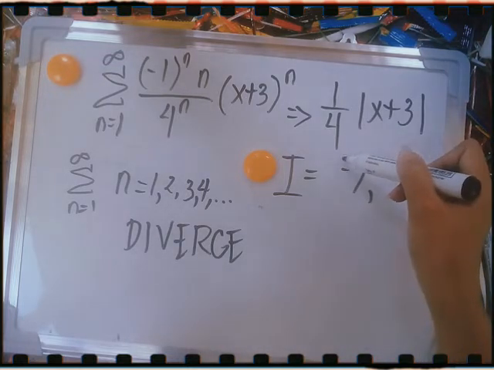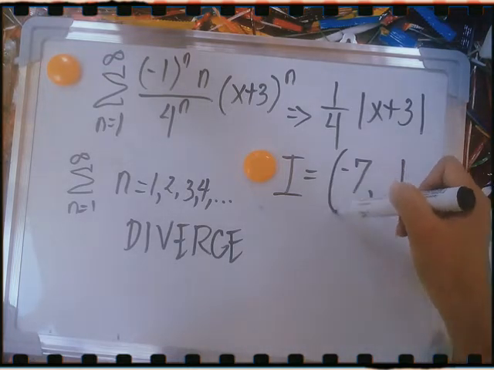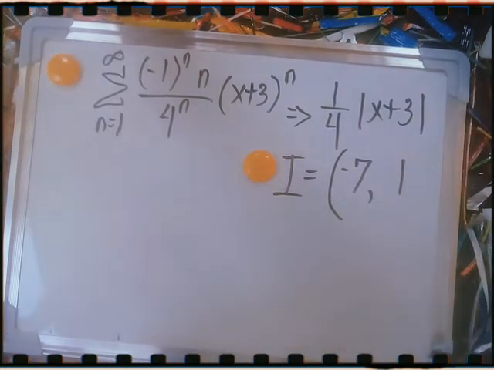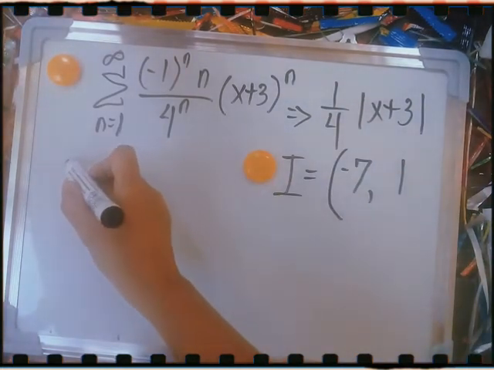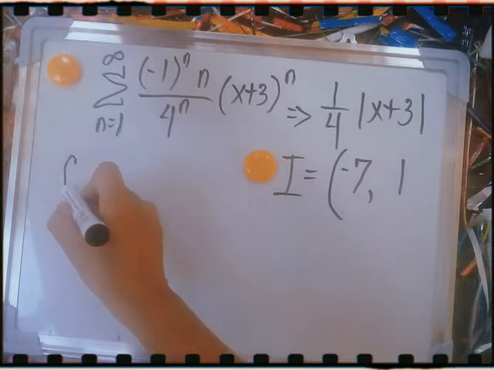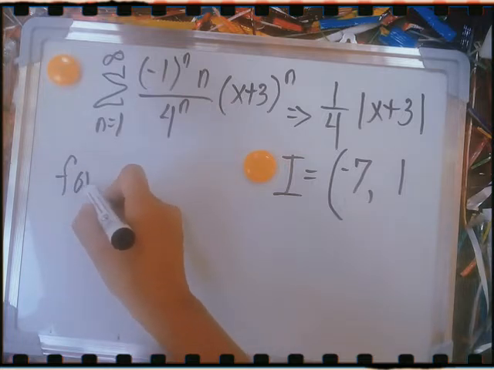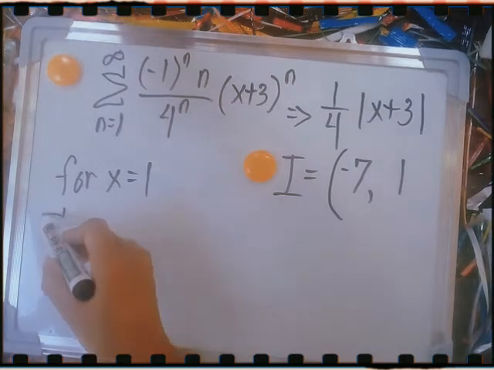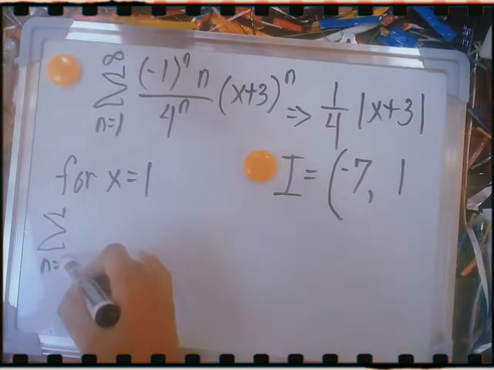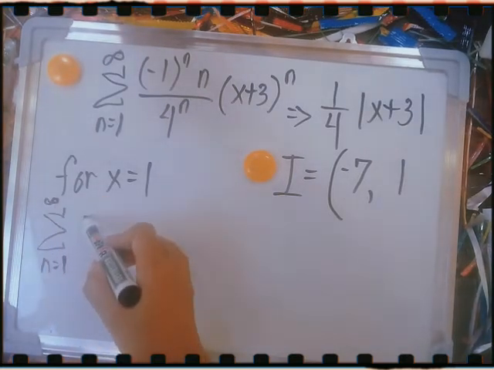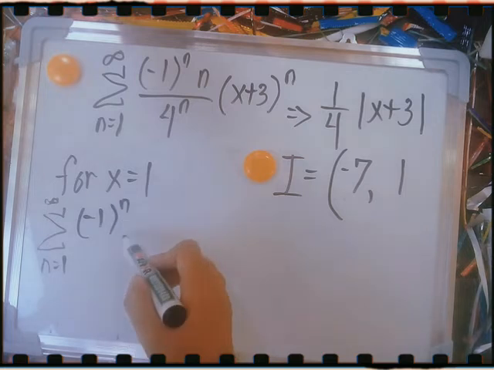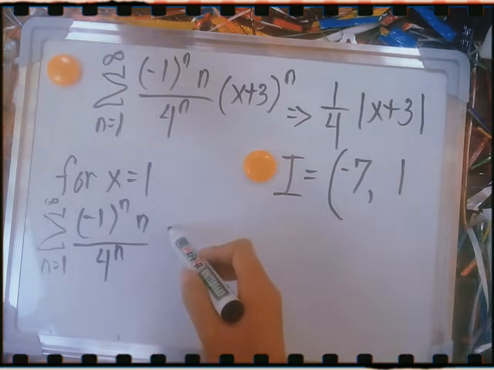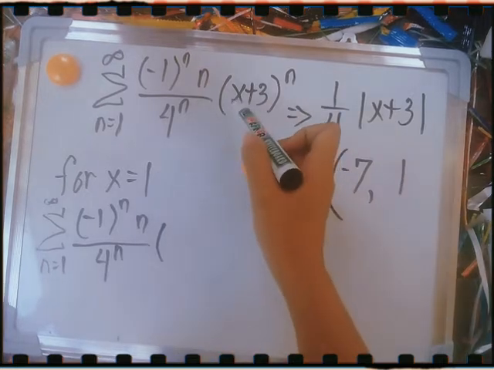This will diverge. Next, let's test the value as x, the series as x is equal to 1. So, diretso plug in ulit natin. We have negative 1 raised to n times n over 4 raised to n times, plug natin yung 1 sa